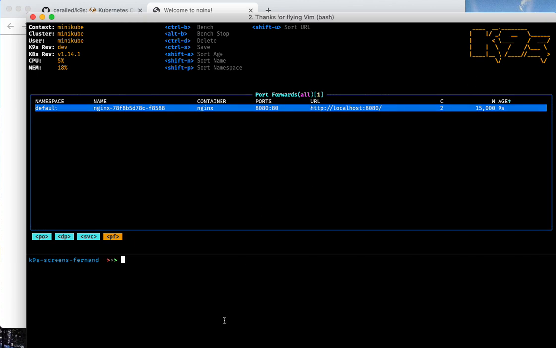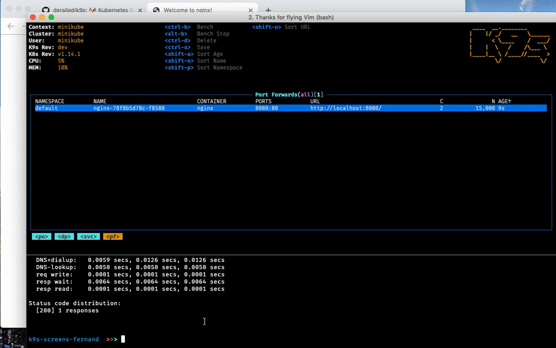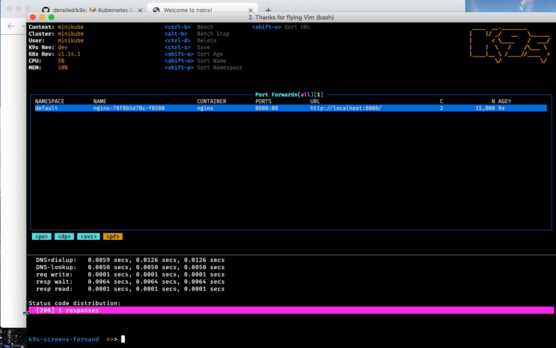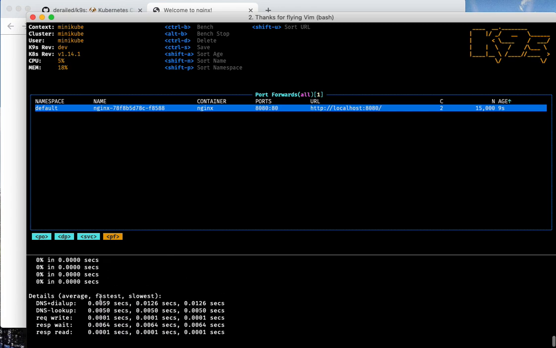So now that I have a port forward set up, what I can do is use a very awesome tool called Hey, contributed by Jaana Dogan of Google fame, brilliant engineer, very smart woman. We have now the ability to use the Hey tool, and let's say I'm just going to send one request to that HTTP endpoint that I just set up via the port forward. So now I can hit that, and I see that I did get a 200 response, so I'm connecting correctly.